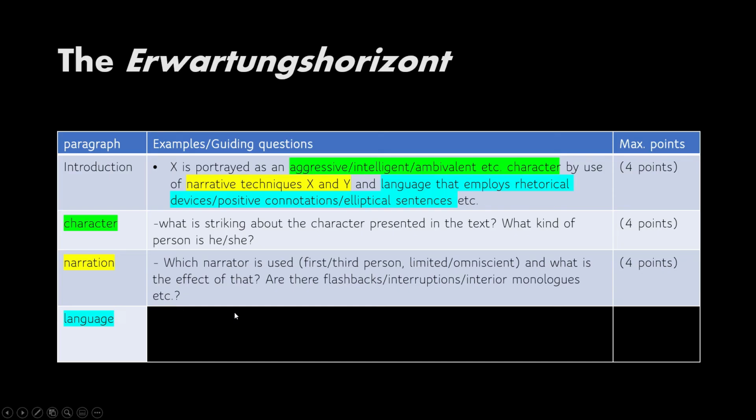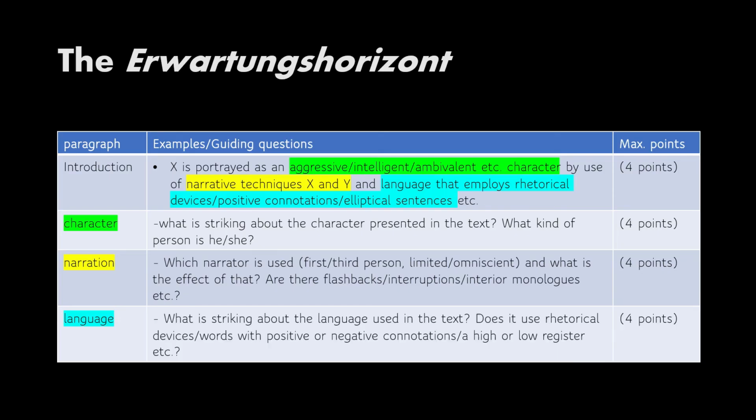Language, again, I find the most tricky one because there's so much to find, or it's so difficult to find and really name some aspects. But the idea is you look at what is interesting in the language that is used, what is striking about it. For example, does it use rhetorical devices? Does it use a specific register and so on? And because this is so tricky, I'll give you my last slide, an overview of what language could mean. But this Erwartungshorizont, I think, is for you the most interesting part because